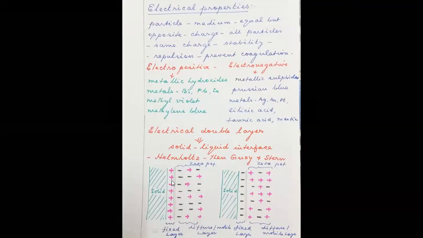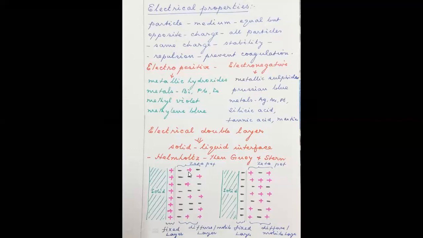Now what will happen? The first fixed layer is all of one particular charge, and the diffuse layer will have both negative and positive charges, but the total charges will always be equal. Similarly here also, if negative charges are the fixed layer, then the positive and the negative charges will be in the diffuse layer, but the total charges will always be the same. This will produce a small potential difference between the fixed layer and the diffuse layer, and this potential is called